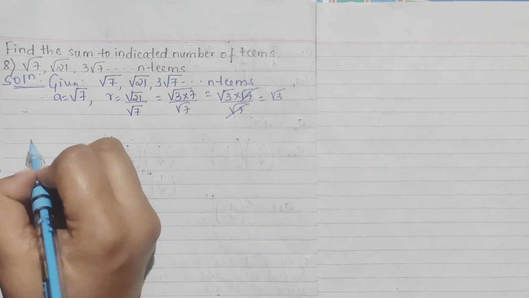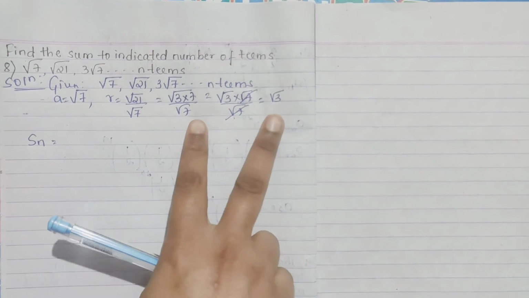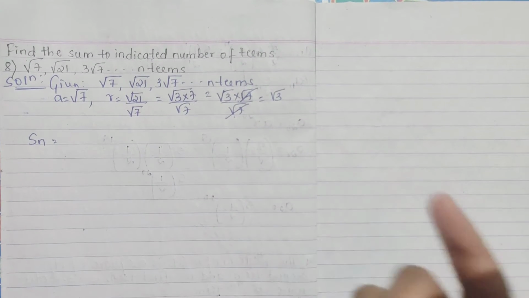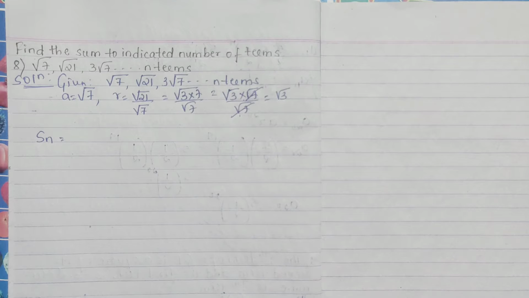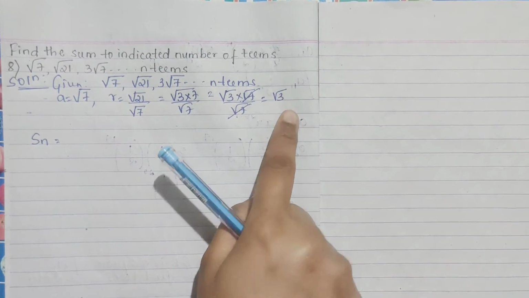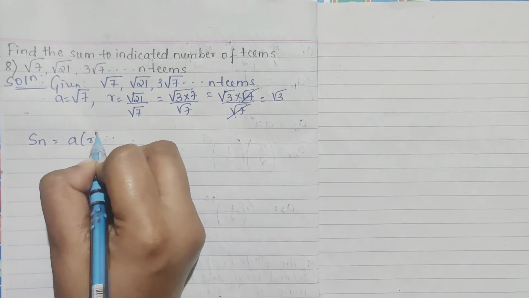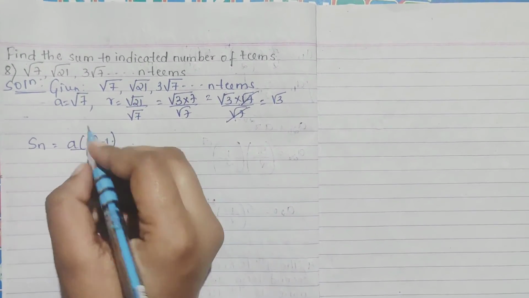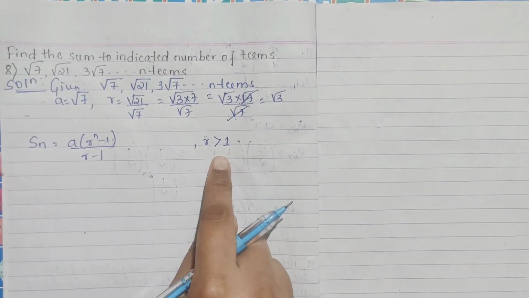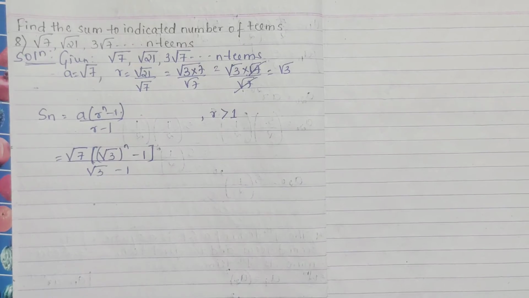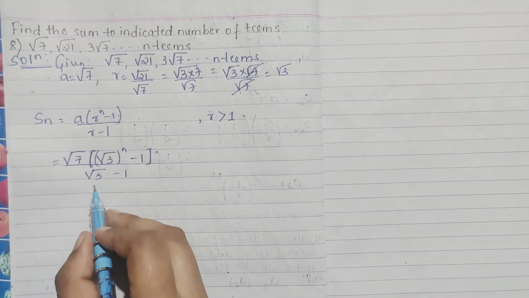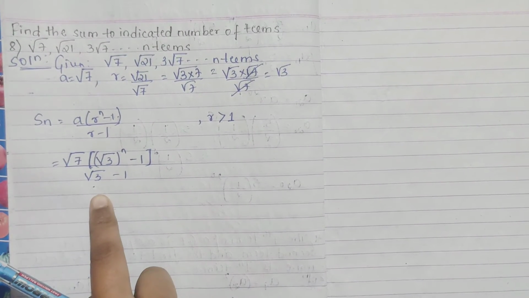Now to find S_n, see, in your GP there are two formulas based on your ratio, if R is greater than 1 and if R is less than 1. Now here you can see √3 is greater than 1, right? So the greater than 1 formula is A times R raised to n minus 1 whole divided by R minus 1. Why? Because your R is greater than 1. So now substitute everything. After coming to this point, we can't do much, but since a root is there, we can go for our rationalizing part.